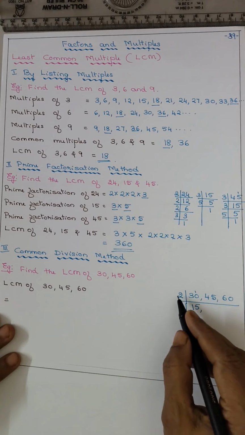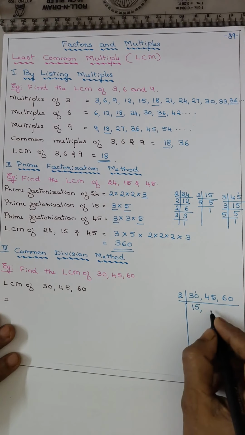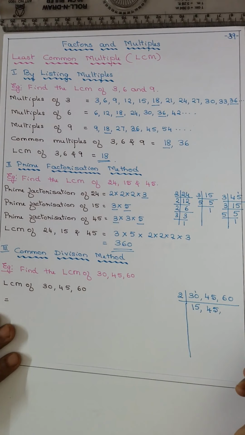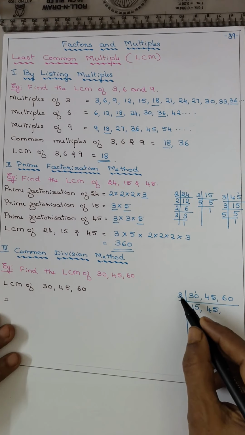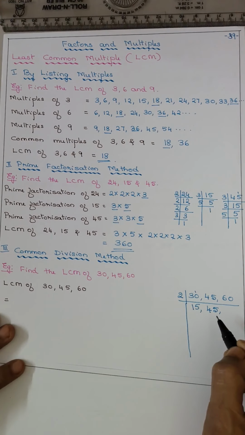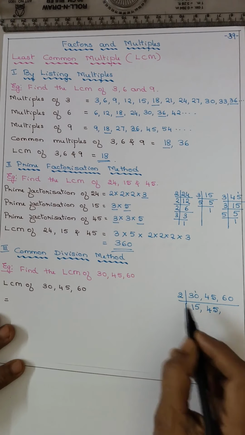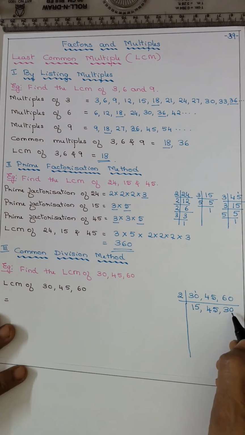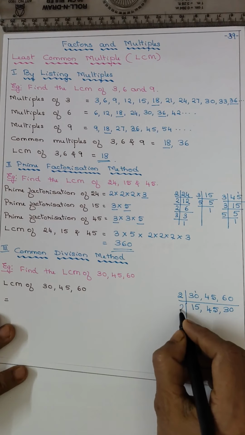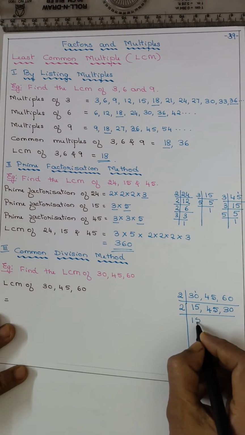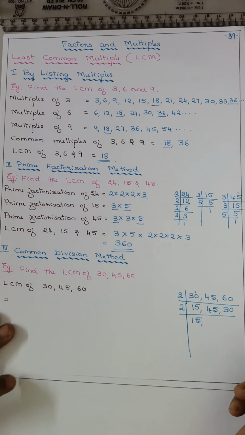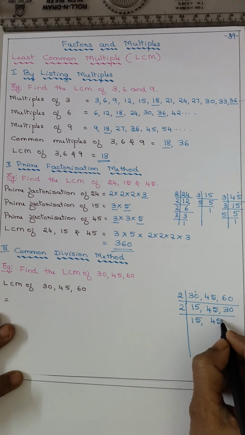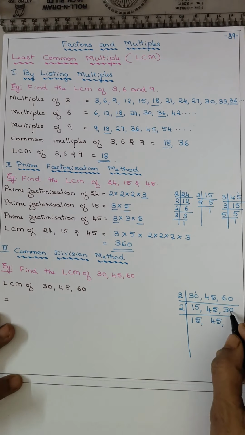Now 45 is not divisible by 2. So write as it is. याद रखो, जो नंबर डिविजिबल नहीं है उसको वैसे ही नीचे लिखने का है. Now try the other. 2 how much are 6? 2 3s are 6 and 0s are. Again 30 is an even number, so start. 2 15 not divisible, write as it is. Now 45 not divisible, write as it is. 30, 2 1s are 2, 1 remain, 5s are 10.